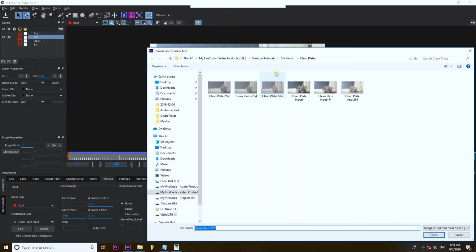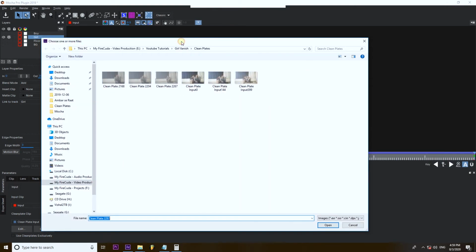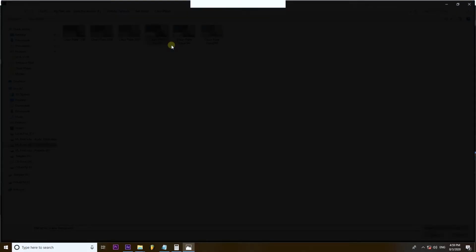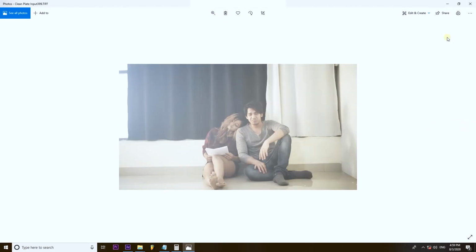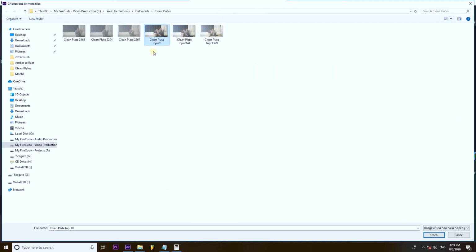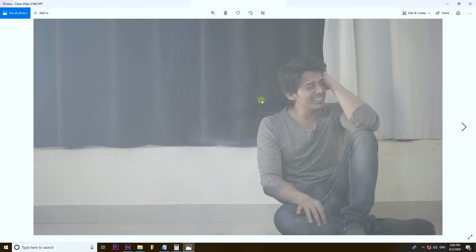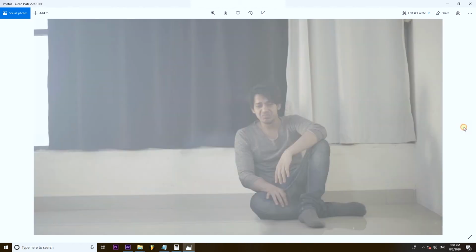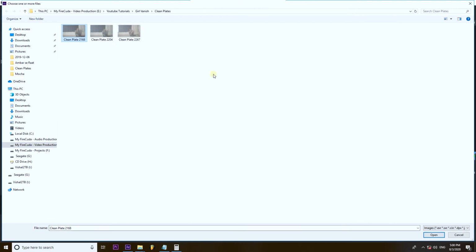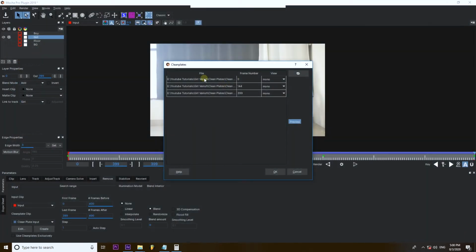Now we have to open each of this frame in Photoshop or any other software you prefer to remove the girl from that frame manually. For now, I have already created exactly those clean plates in Photoshop, so we can delete it. After deleting, we need to link our new clean plates in Mocha.